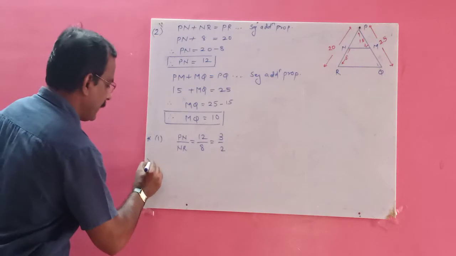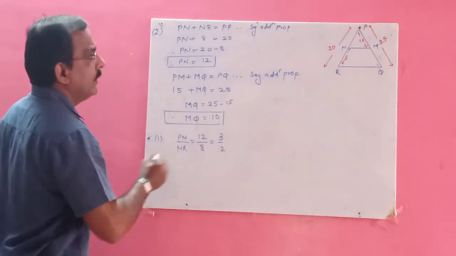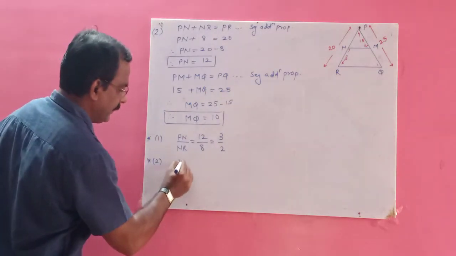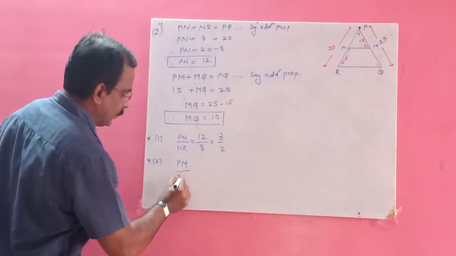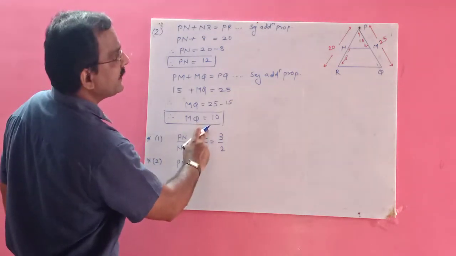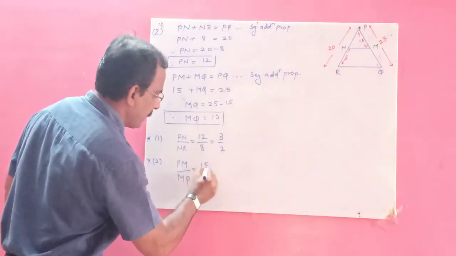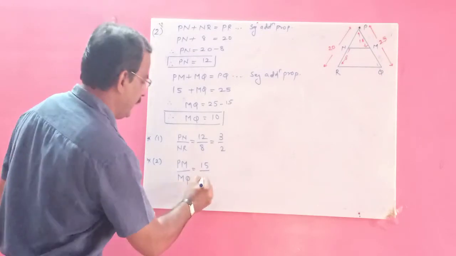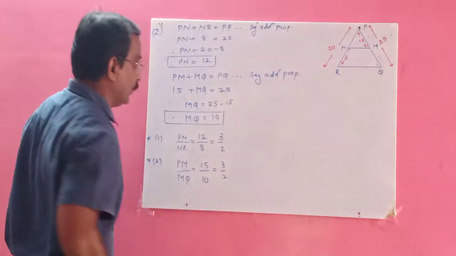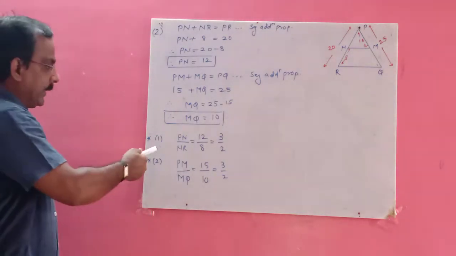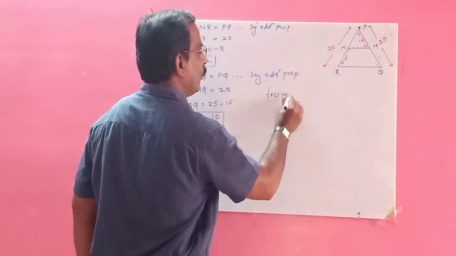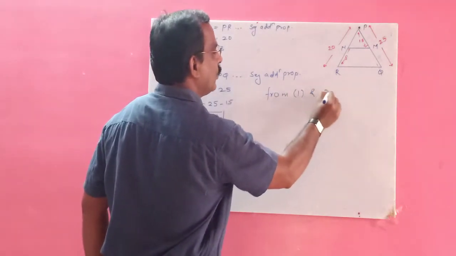Same way, point number 2, calculate PM upon MQ. What is that? PM is 15 upon MQ is 10. Divide by 5, it becomes 3 upon 2. So from point number 1 and 2,